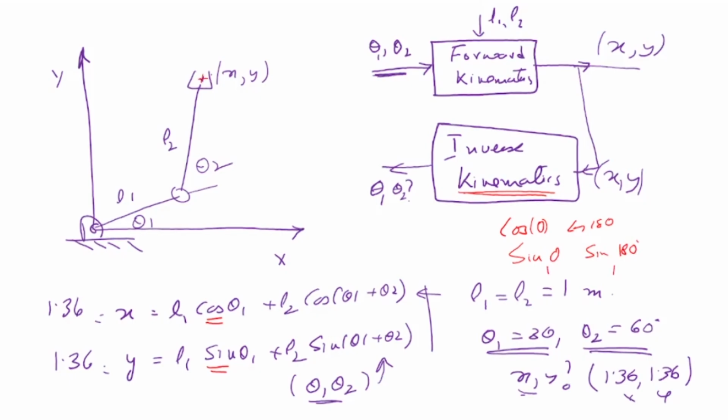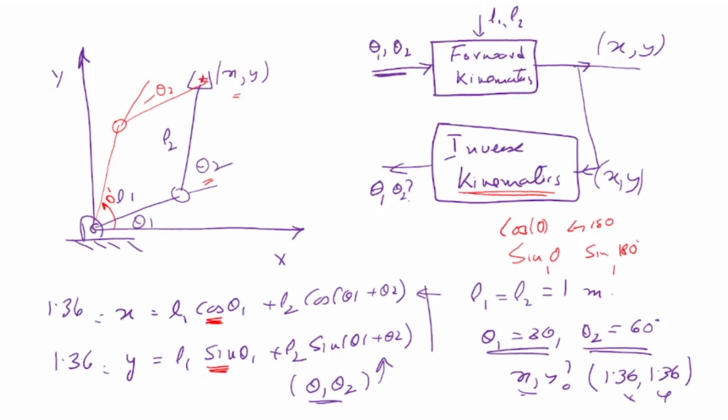For example, if this is the position there, this will be the other solution. I hope you understand that. X and Y are the same, but theta 1 is this one and theta 1 dashed is there. If this is your theta 2 and this is minus theta 2, that means there are two solutions for every xy inside the workspace. Once they go to the boundary or to a singularity, you may have only one solution or no solution. This basically happens because sine and cos can have two values, and for these two values you will get two pairs of solutions.